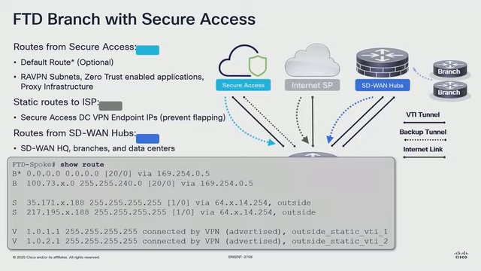Speaking of FTD, this is just an example, so I thought it was interesting, so I assumed you guys would too. This is what the routing table on a firewall would look like if you had a couple of tunnels to Secure Access, one internet link, and an SD-WAN connection as well. So I did show route. We see our default BGP route learned via Secure Access through the tunnel. See the B's for BGP. I've got static routes to my hub and spokes out my internet link, and then those V routes, when we use the VTI routing,